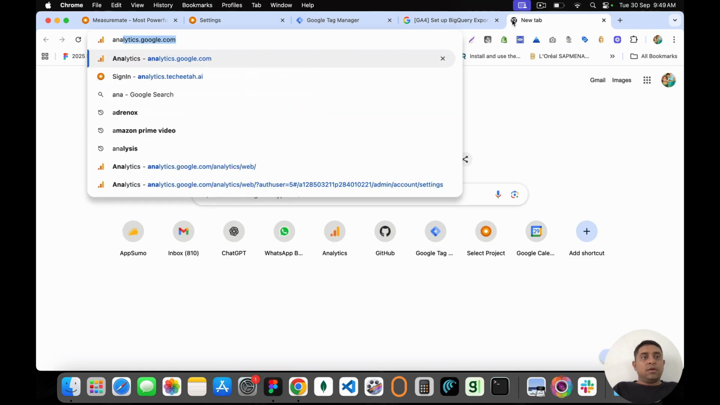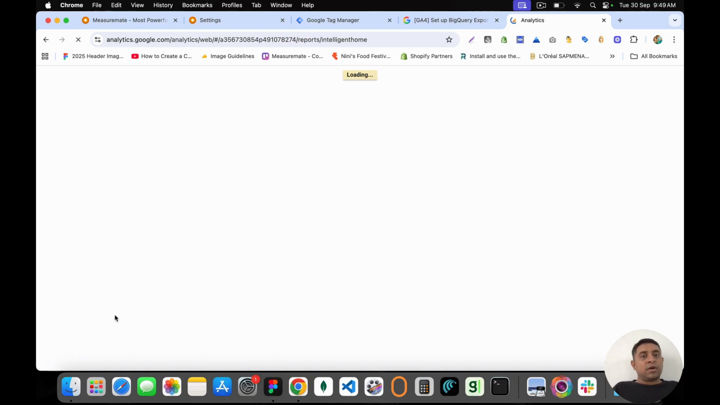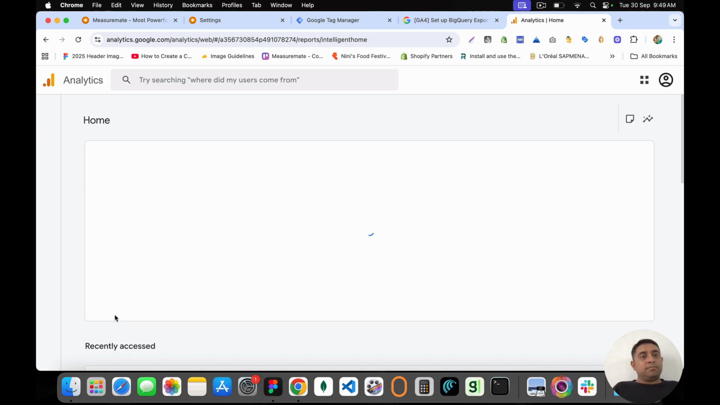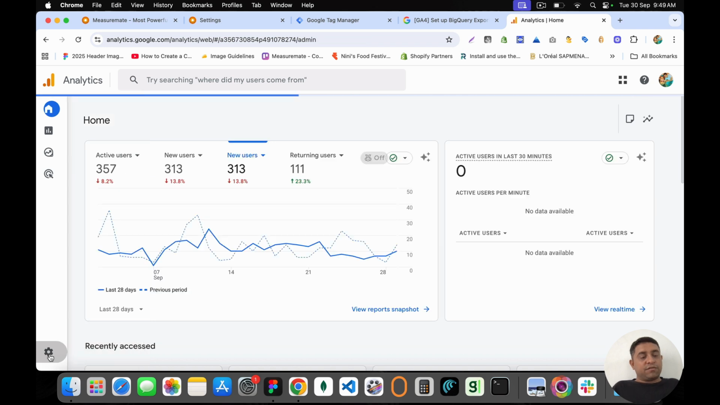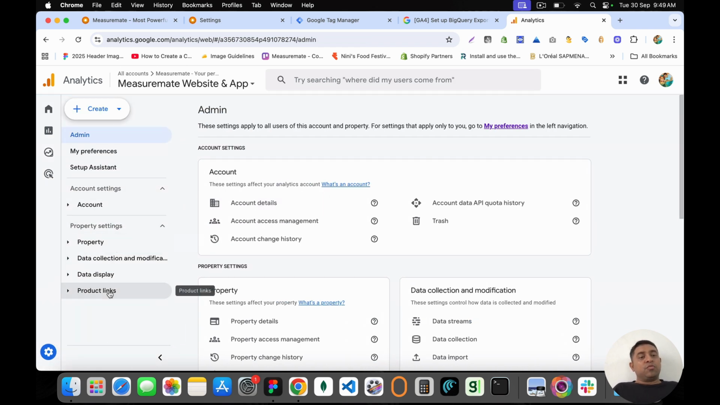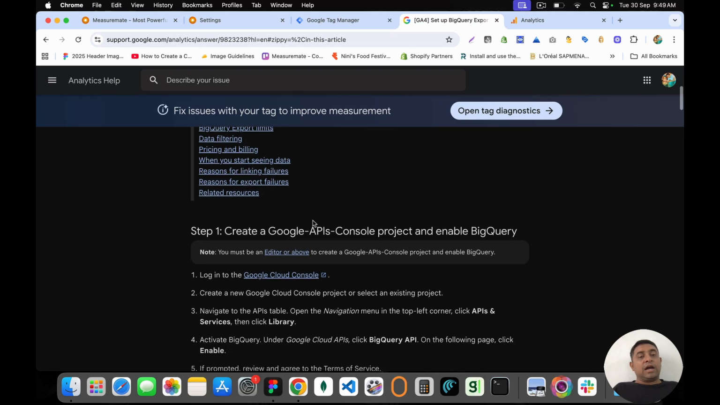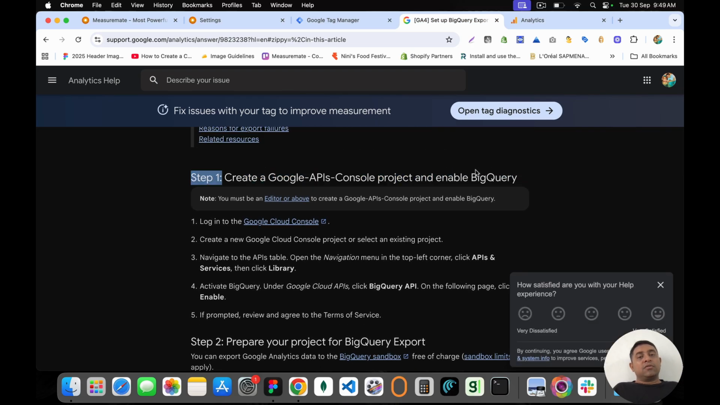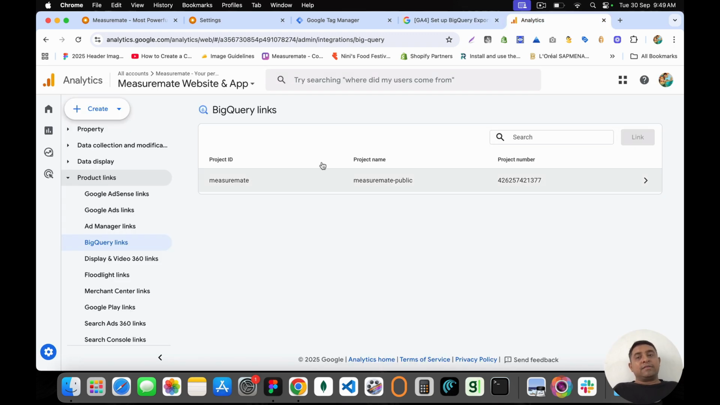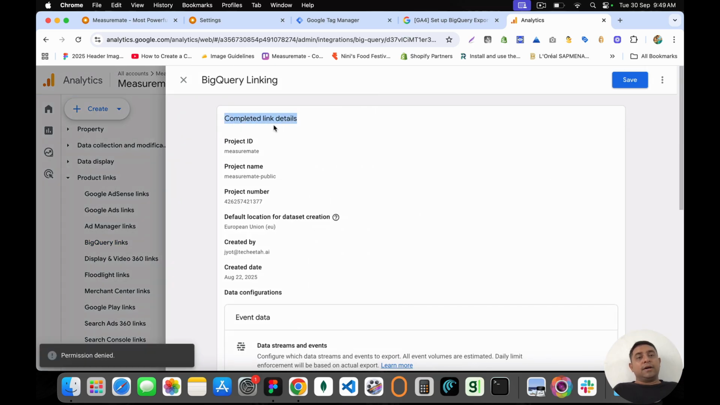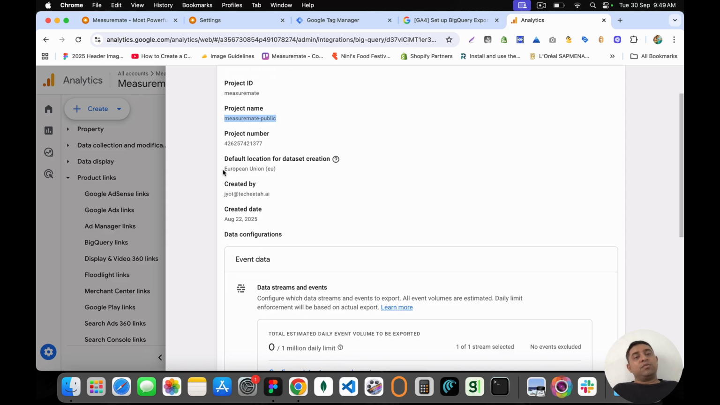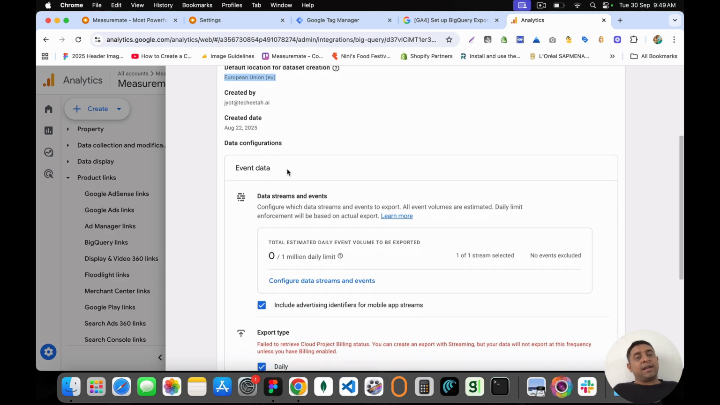So you have to, for example, go to analytics.google, and for each of your accounts or each of your properties, go to product links, go to BigQuery. There is also a guide to create your Google API console project. So first of all, you will need that project. Once you have a project, you can click on the link button, which will open up a link where you can select your project. You can select your region where you want to store data,